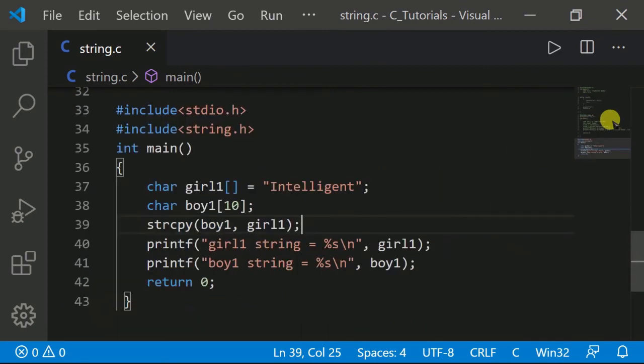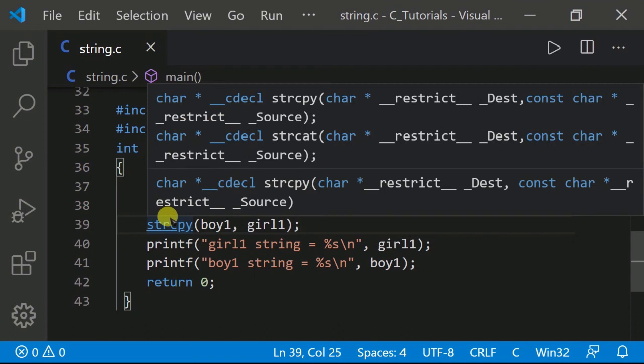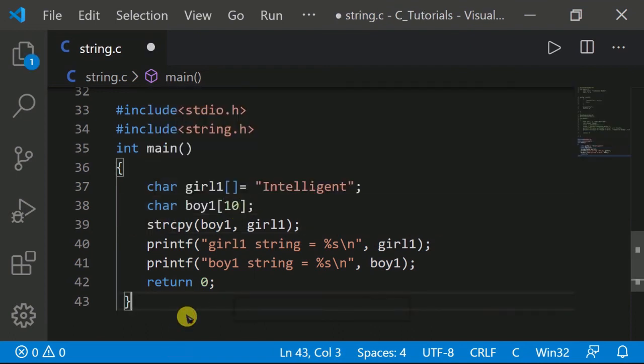Oh, wait guys, what happened? Okay, sorry guys, its length is greater than 10 because that is 1 2 3 4 5 6 7 8 9 10 and 11, and I entered 10.